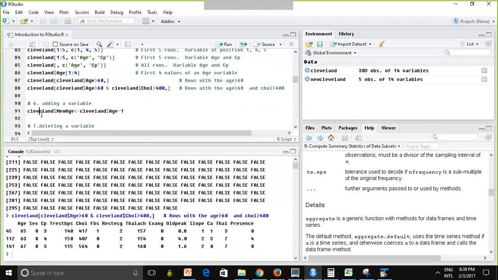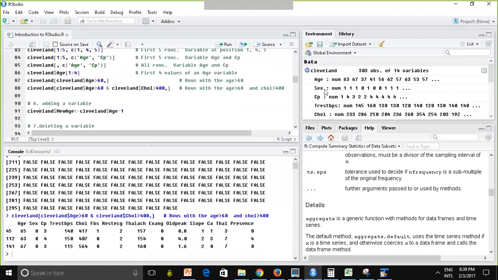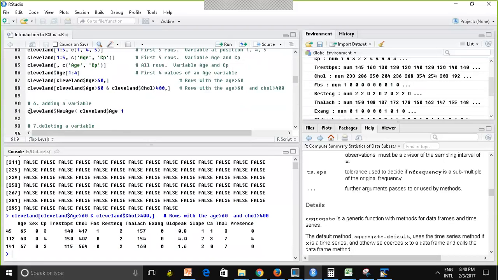Now here, how do we add a variable to the data frame? If you look at it here, I want to add a variable, and let's call it new age. It's not in here right now. To do this, you just put a data frame name, $ sign, and a new variable name. Here is an assignment operator, and I'm going to take the current age values and subtract 1. So let's say I have a new variable and I'm going to make everybody 1 year younger. I just do this,